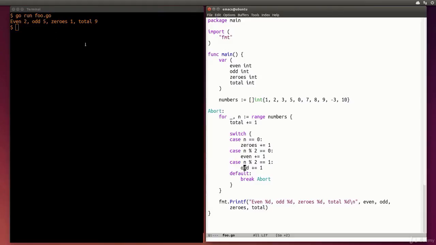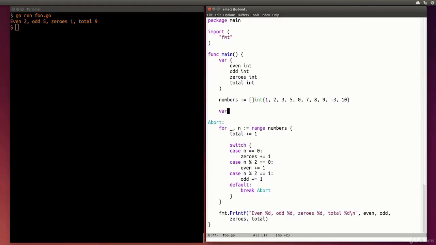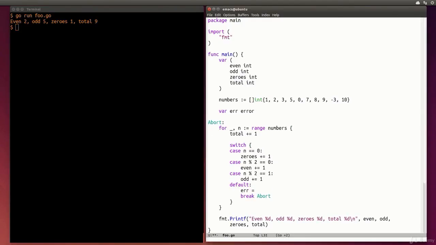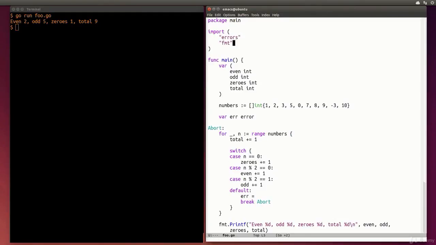And if you take a quick look up here, go run, it's only counted two even numbers. It hasn't counted the number 10, which is after the negative number, because it broke at that point. But we can make it a bit more explicit, and this is where you might actually use this kind of thing. Let's make ourselves an error. So we'll have this error here, and in the case that there's a negative number, we'll actually set that error, and I'm going to use the errors package. I'm going to import that, and I'm going to say new error,